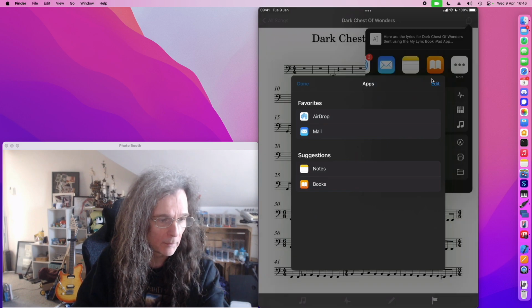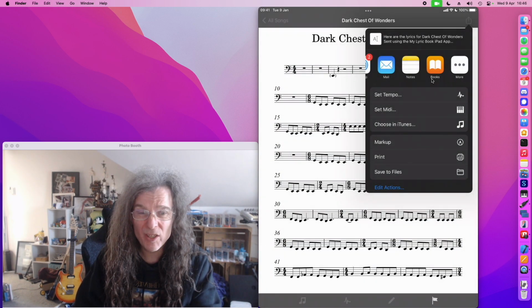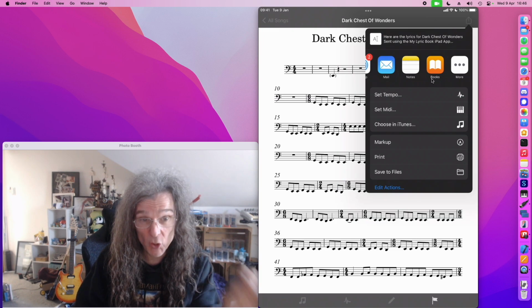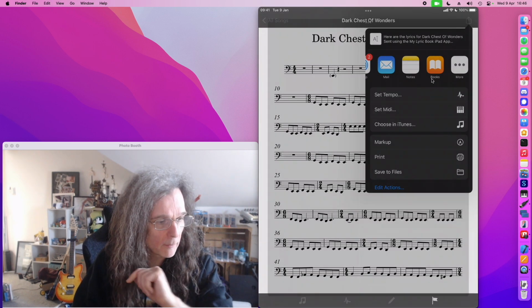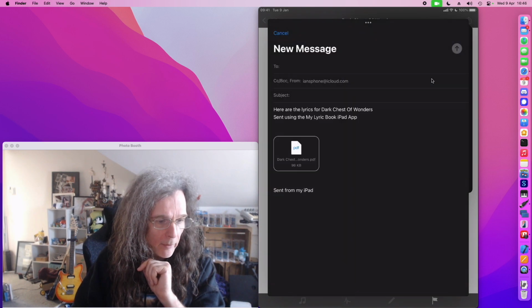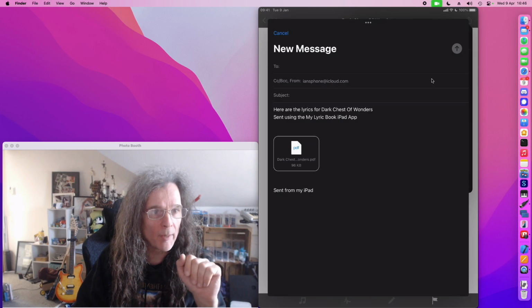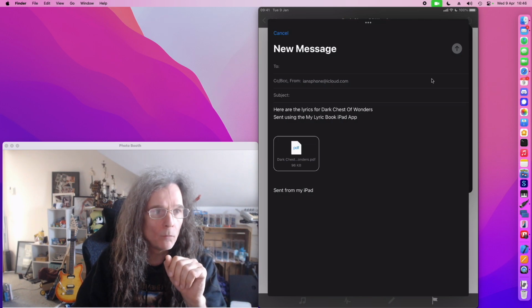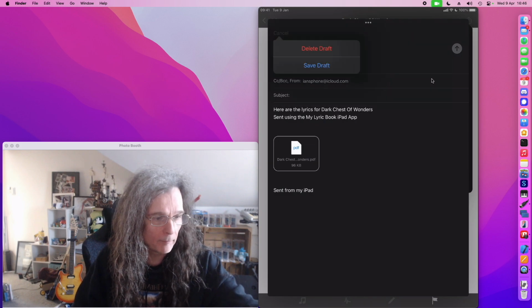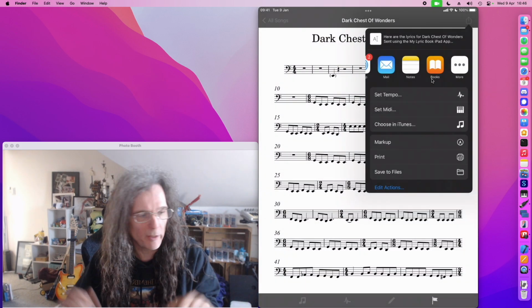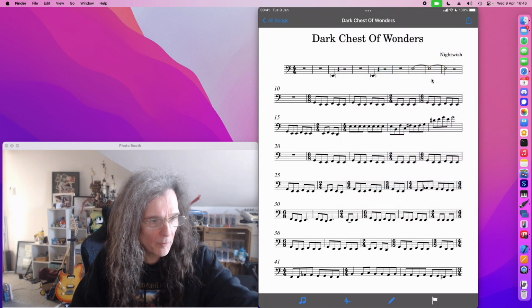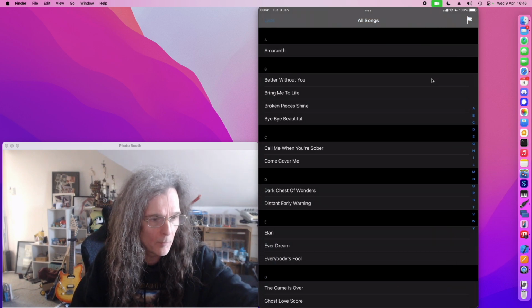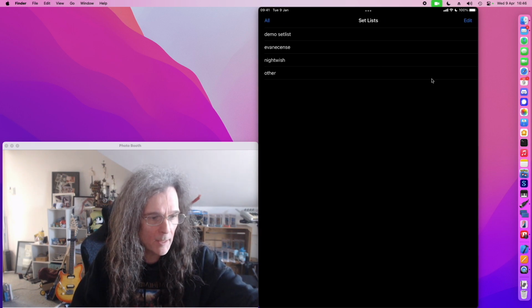I haven't got messages set up on this iPad because I don't use it as a regular iPad. It is just for running Lurkbook, so I don't want the interruptions. But if you're running on your normal iPad, messages will appear in here as well. If I hit mail, you can see it creates a little email message with the attachment, and similarly for other messages. The other thing, which is kind of neat, we can do the same for set lists. So if I take my Nightwish set list,